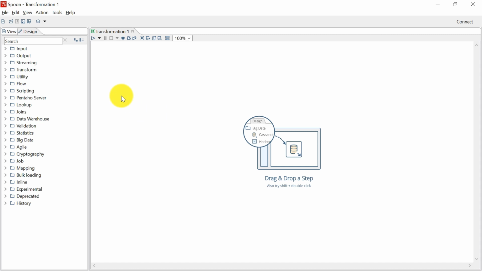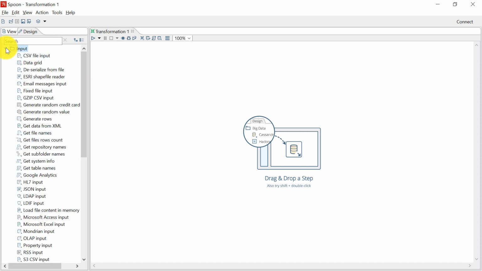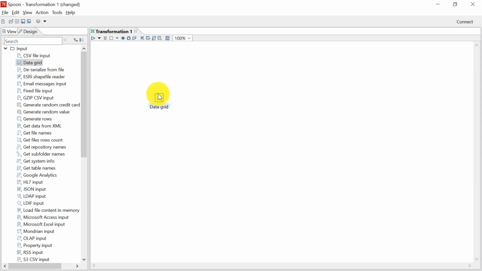Now manually the data is entered using the data grid step. You can find this step in the input category. You can either double click on this or drag and drop this onto your canvas.